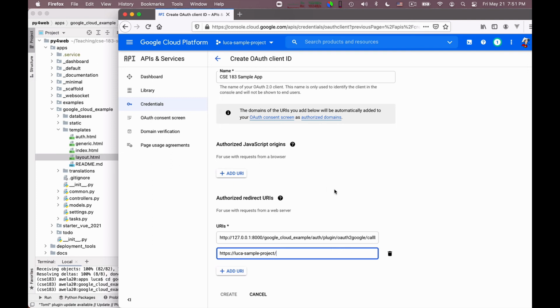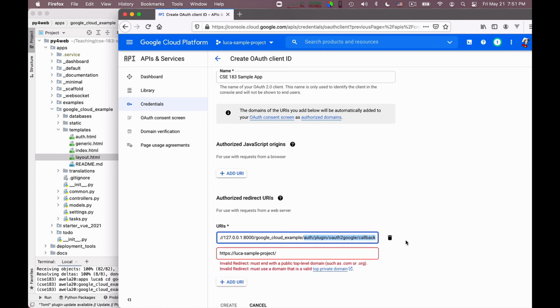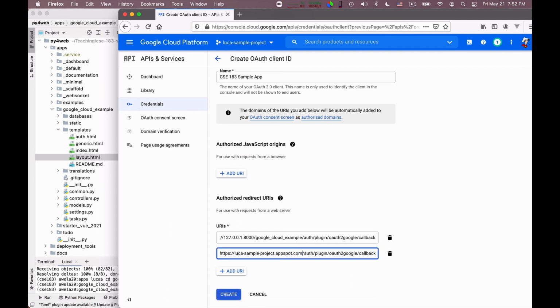And then once I give these, the rest is going to be the same. Okay, so I just copy these. Yes, this I forgot, appspot.com.